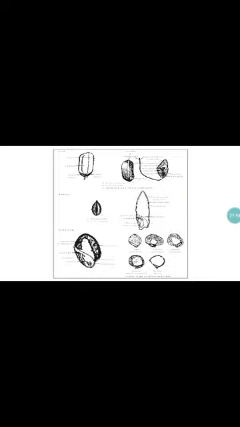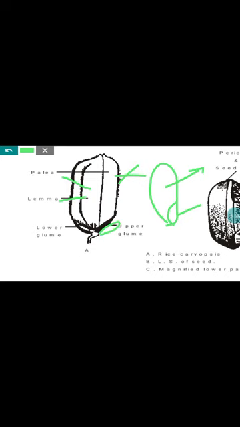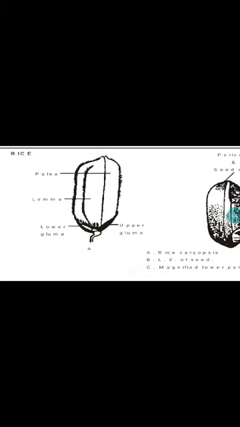Now we can see some crop-specific internal seed structures. This is with reference to paddy. The paddy has two outer coverings, that is the lemma and palea. If you remove the lemma and palea, on the inner side you can see the endosperm. On the base you can see this kind of marking. This is the embryo, and this is the endosperm part. On the base of the intact structure, you can see a white colored thing, that is a plumule. In some other wild rice, you can see needle-like projections, that is the awn. So this is with reference to paddy seed structure.